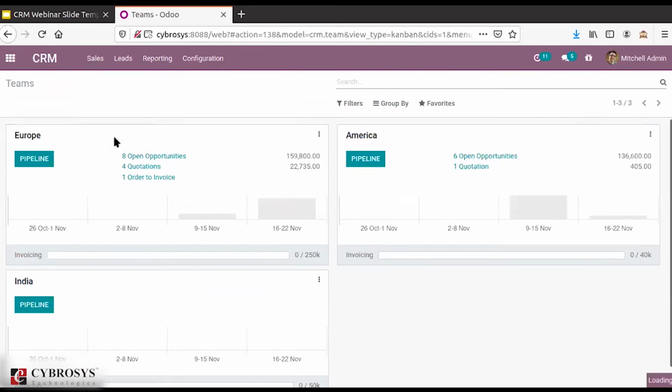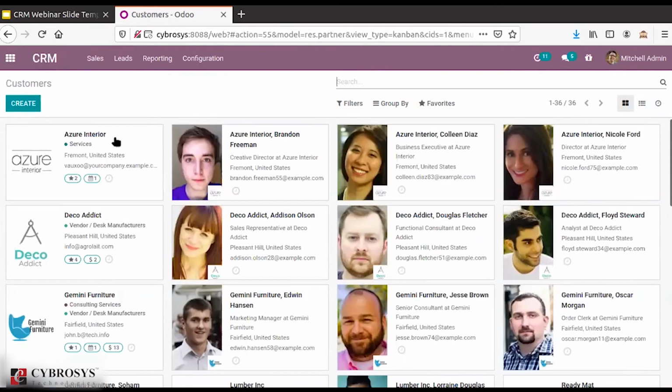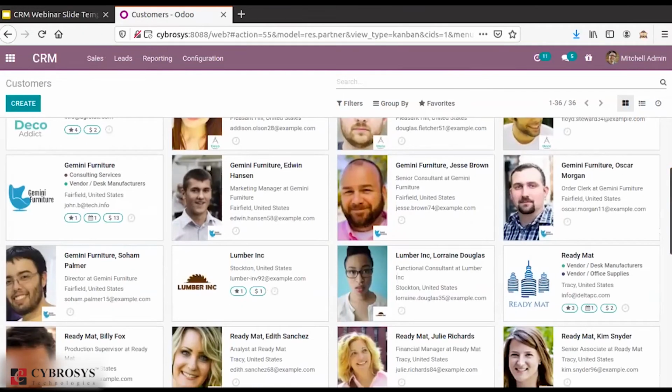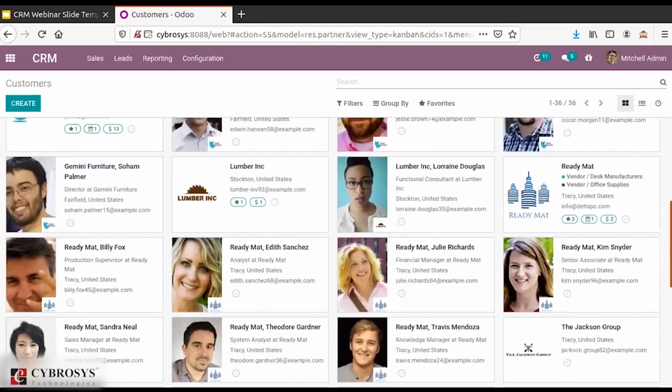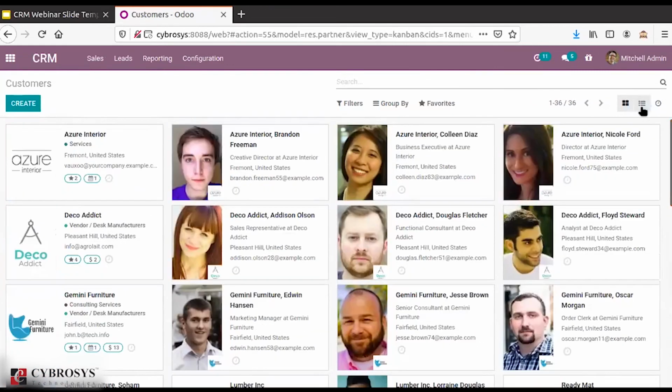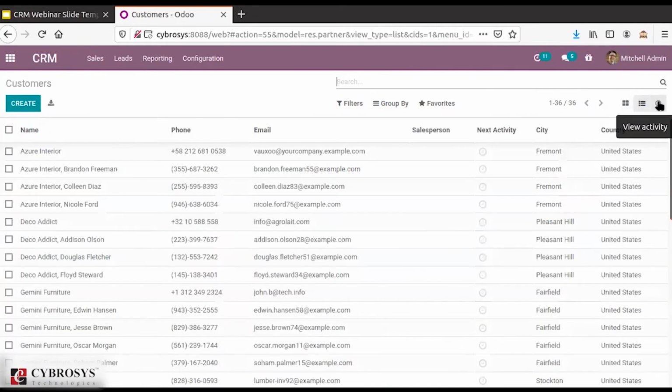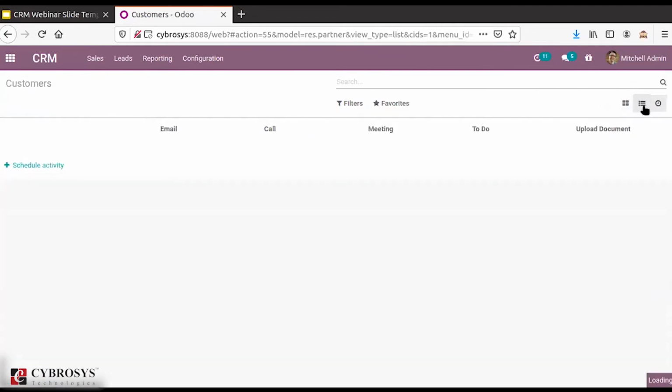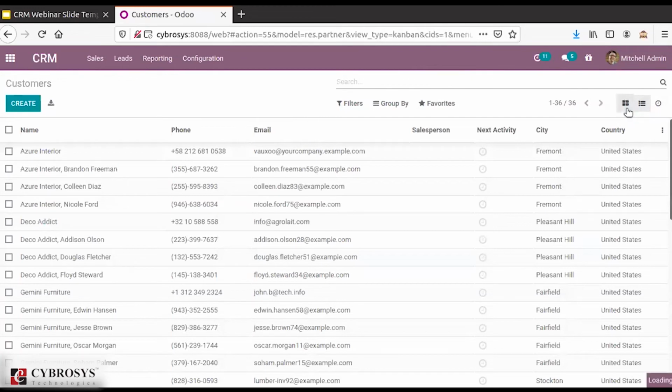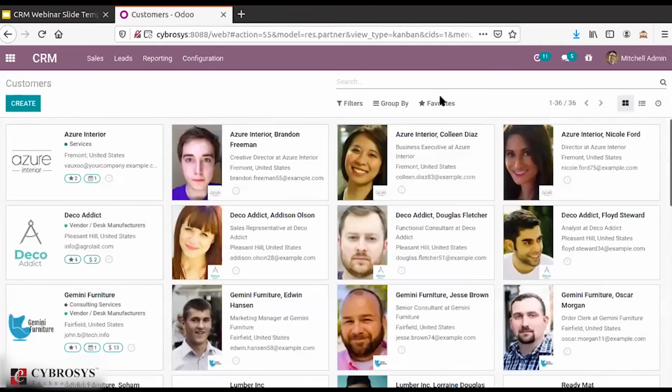Then we have the options with customers. So from the CRM module itself, what you can do is that you can just create your customers. So here you can see a list of your customers that are already created over here. So these are the list of customers that are already created. Now let's see how we can create a new customer. And with this customer view, it has different views like list view, and you can also see any of the activities that are scheduled for each customer and all. So here also you have the different sets of views, filters, group by and all. So now let's create a new customer.